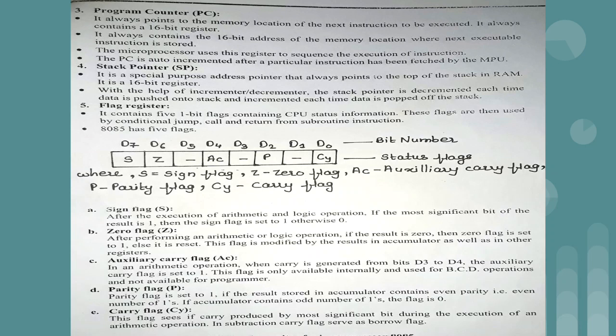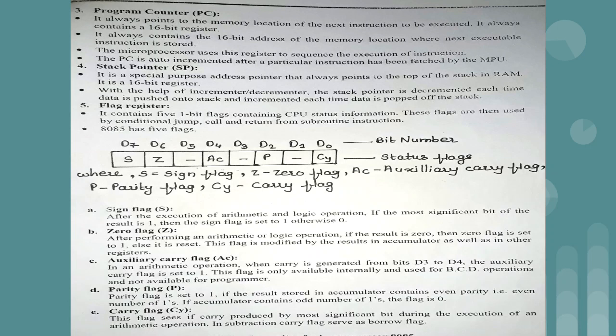When the sign flag is set, basically whenever we get a negative result, that time the sign flag is set. It is very clear: after the execution of an arithmetic and logic instruction, if the most significant bit of the result is 1, it means most of the time we are getting a negative number. Whenever we are having a negative result, this particular flag is set, because on the 8085 microprocessor we don't have the negative symbol. If the answer is -5, it will not show you -5, it will show you 05 only.